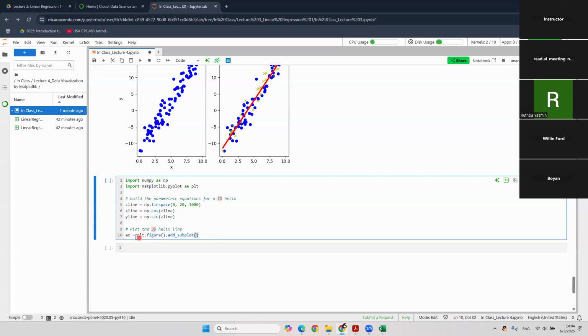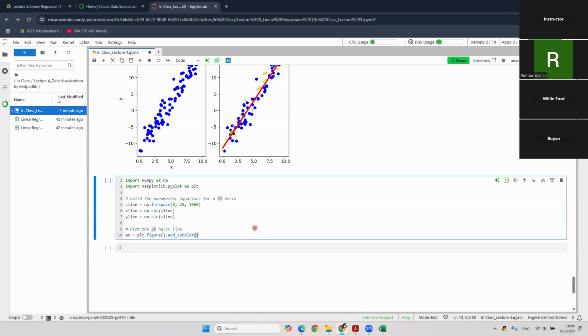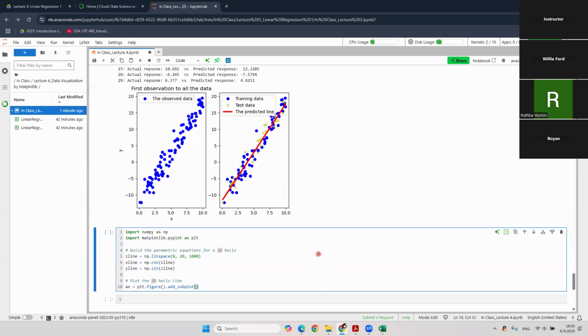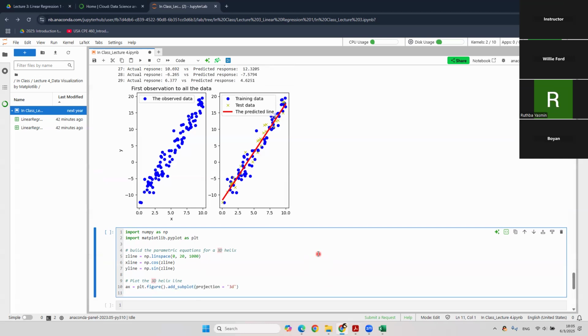So to make our life easier in future, I continue using this format. The good point is that I hope it will not be eliminated. The bad point is that if you compare the 2D Matplotlib versus the 3D, you will see something's just very, very different. Anyway, then I can say projection equal to 3D to let it know that it's a 3D plot,